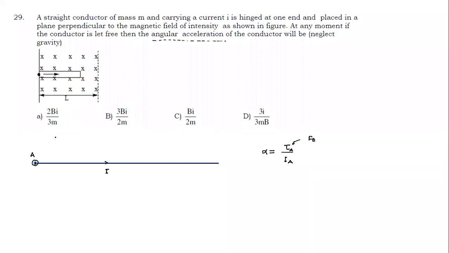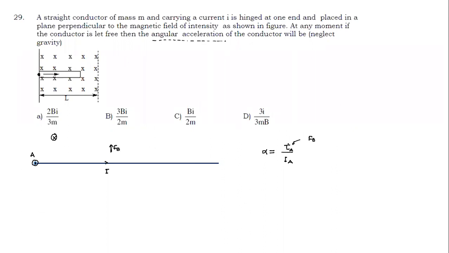Let's understand which direction the magnetic force will act. As soon as I see the figure, the magnetic force is perpendicular to the plane of the figure, so the force will lie in the plane of the figure. I can use the right hand thumb rule, or those who are not comfortable can also use i, j, k. It is easy to figure out that the magnetic force will act in the upward direction.